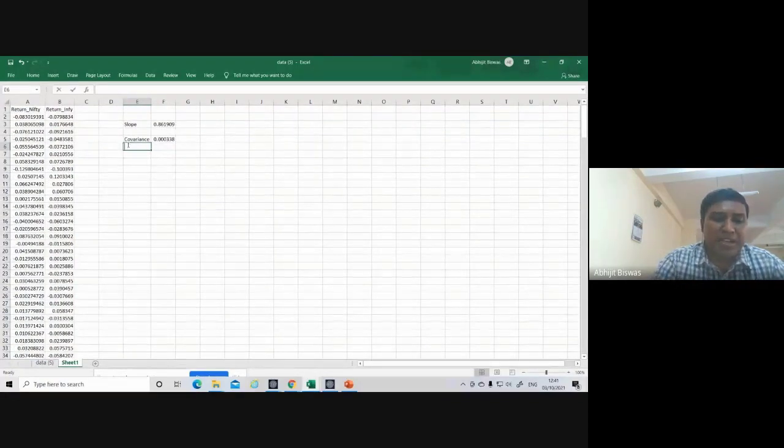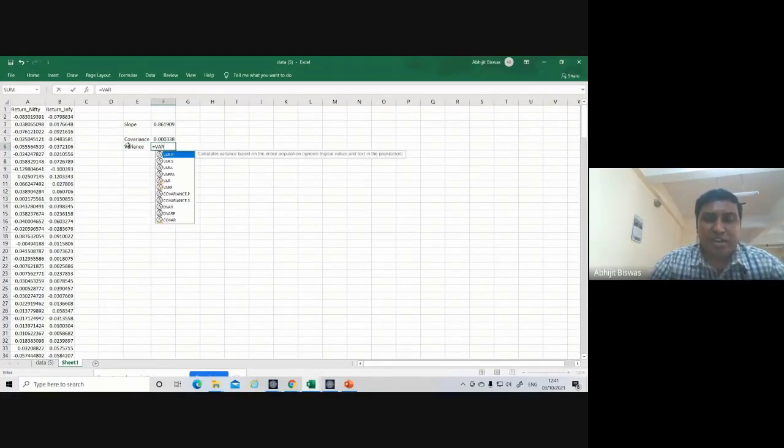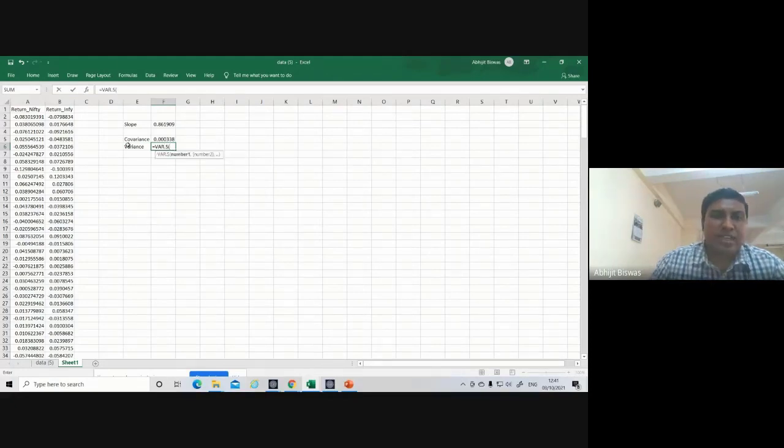Next I'll have to calculate variance of the market. For that there is a function VAR.S. So I want variance of the market. Market means Nifty. So I want these numbers. So select.